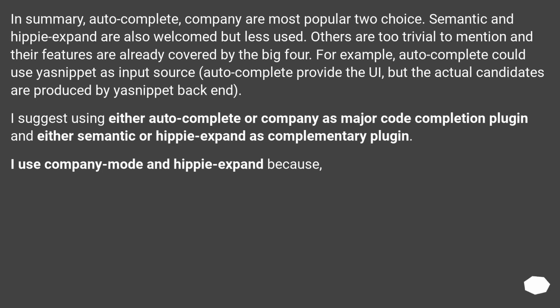In summary, auto-complete and company are the most popular choices. Semantic and hippie-expand are also welcome but less used. Others are too trivial to mention and their features are already covered by the Big Four. For example, auto-complete could use YASnippet as an input source: auto-complete provides the UI, but the actual candidates are produced by the YASnippet back-end. I suggest using either auto-complete or company as the major code completion plugin, and either semantic or hippie-expand as a complementary plugin. I use company mode and hippie-expand because